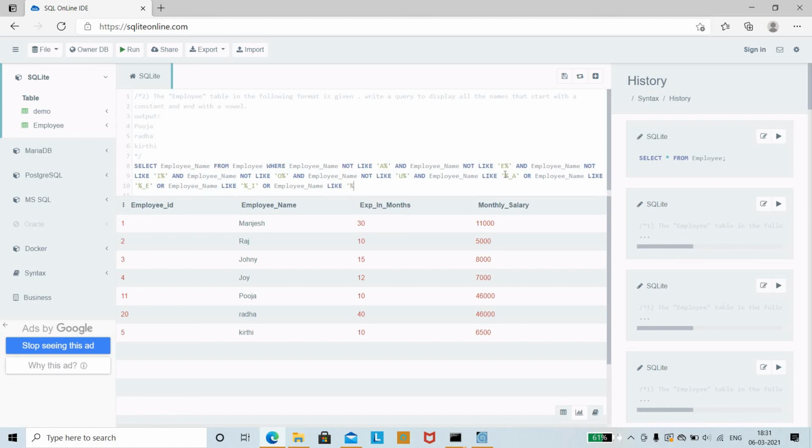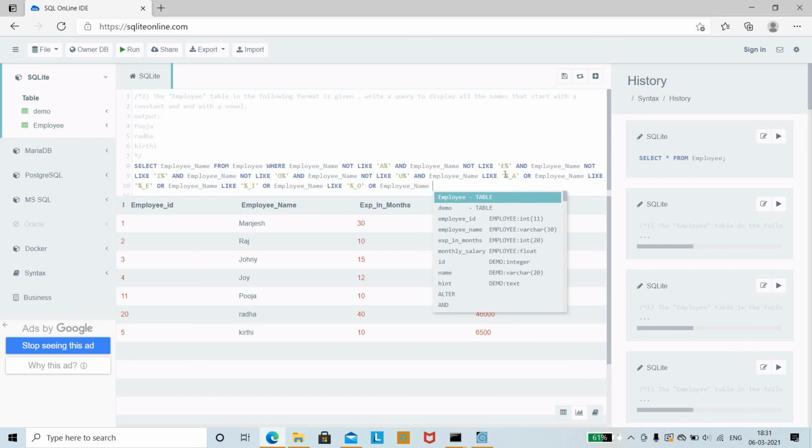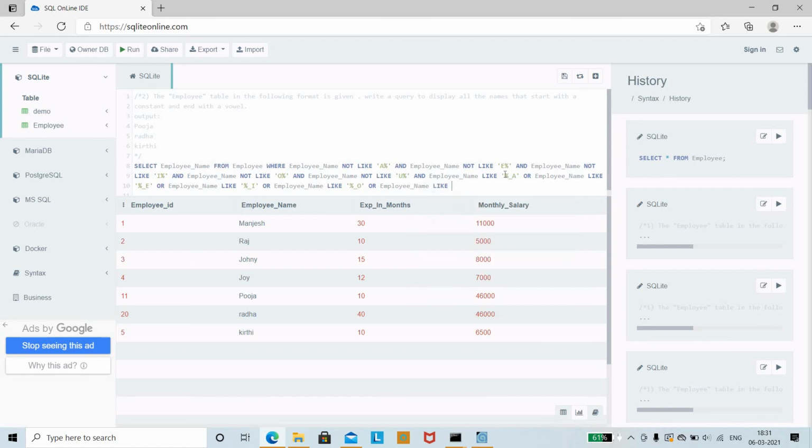Then the next thing is O. Again or followed by employee_name like. The last thing is AEIO, U. So the last one is U, underscore followed by U. Once you are done, you need to end it with the semicolon.